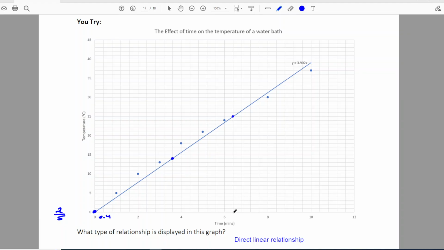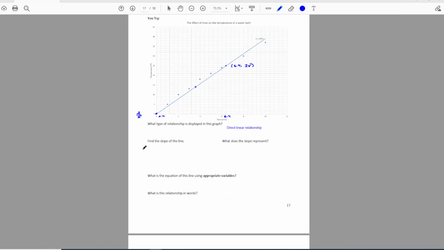And if you made the graph, you'd know that. So this is 6.4 on my x-axis. And then for my y value, so this is an x value of 6.4, and my y value, oh, look at that. I don't even have to find out. It's 25. So now to find the slope, my slope is going to be my change in y. Now, if you always use the point 0, 0, you could just do y over x, right? Rise over run. So I'm going to do 25 over 6.4, and my slope is going to be 25 divided by 6.4, which comes out to